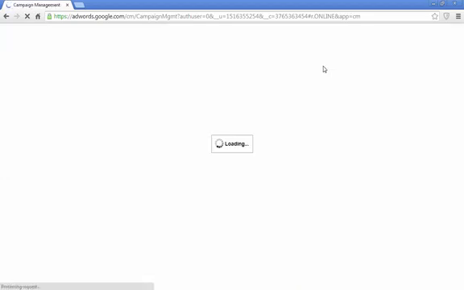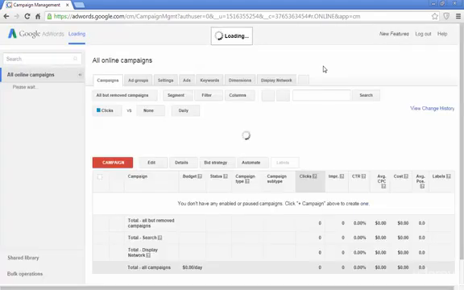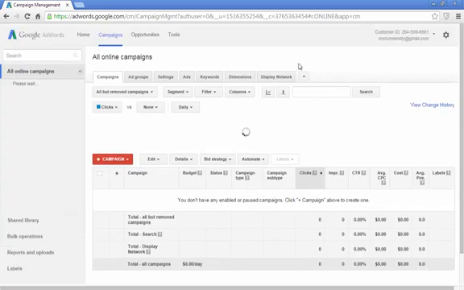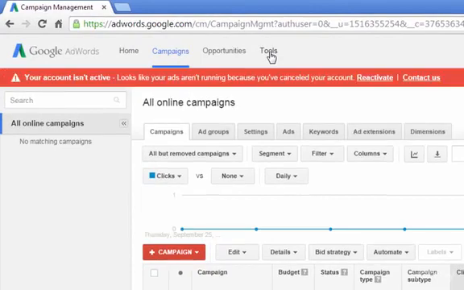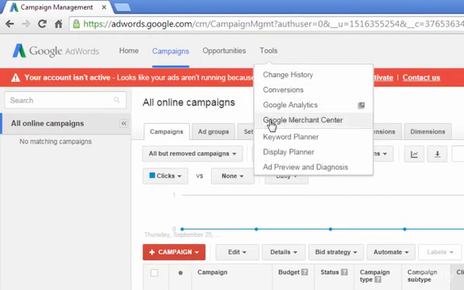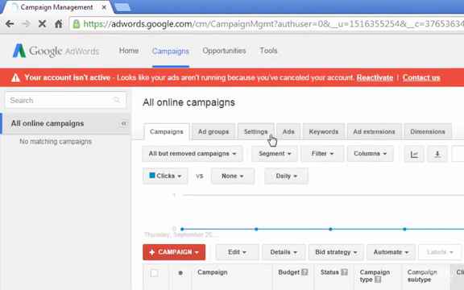If you haven't created an account already, it's really easy. You just enter your information and then confirm your email address. It's free. So I don't have any campaigns here. I'm just setting this up here for the demo. But once you're in your account, you would click on Tools, go down to Keyword Planner,